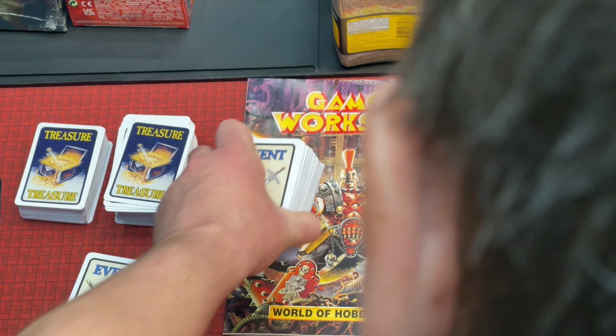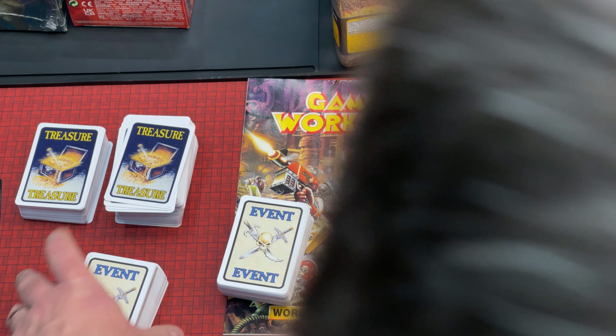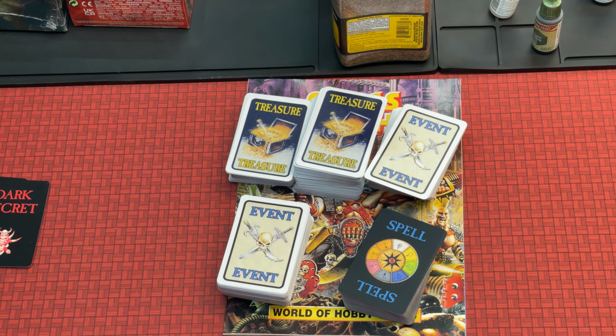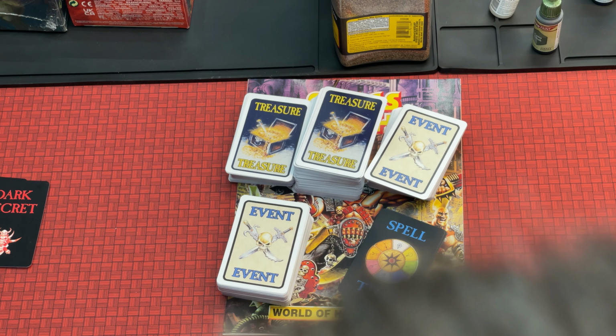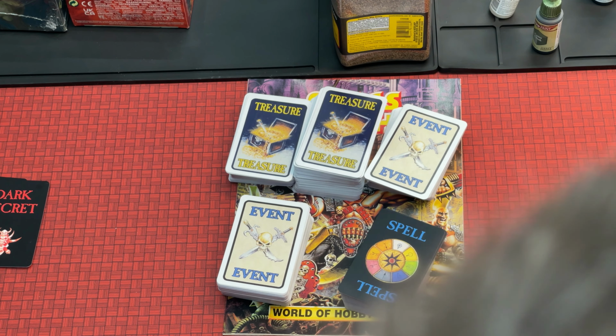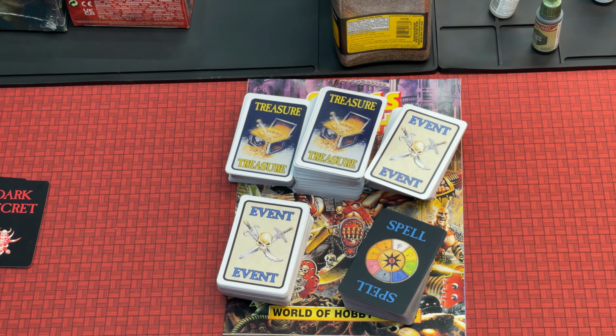So that's it. That is my exciting journey into the realm of custom printing Warhammer Quest 1995 cards, and some backstory on how I got into Warhammer Quest and where I'm at with it. So I hope you enjoyed that. I hope it wasn't too rambly. It's 6 o'clock in the morning, so it's entirely possible that this is totally incoherent,